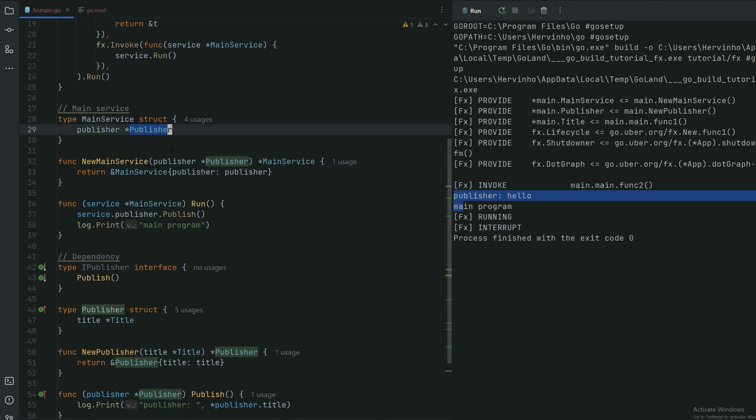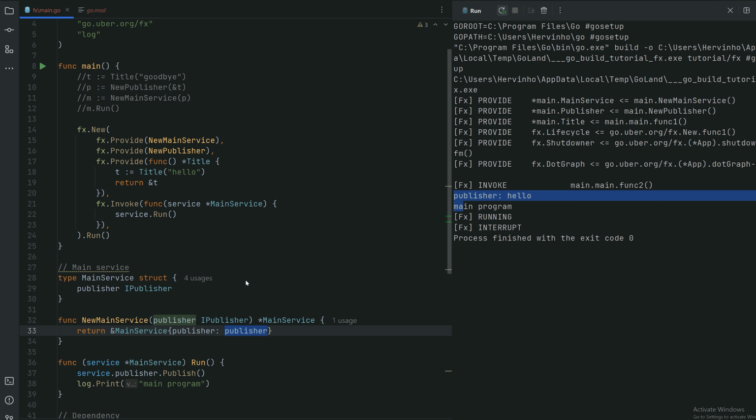So here, instead of the pointer IPublisher, we can just rely on that interface. So there's no need for the pointer because it's an interface. So if we run that, it's probably not going to run because it doesn't know which implementation you want for that